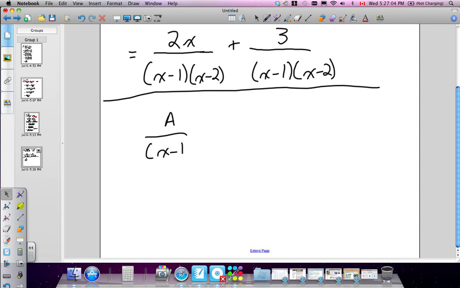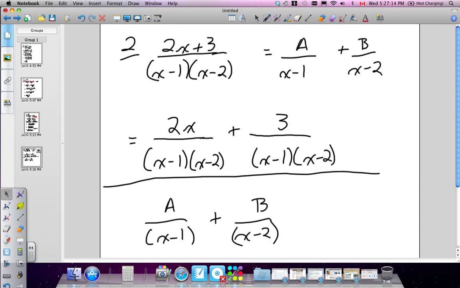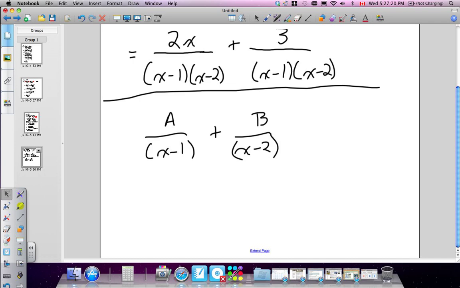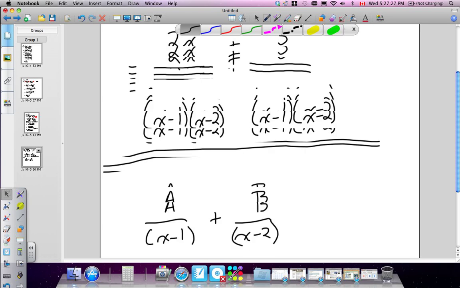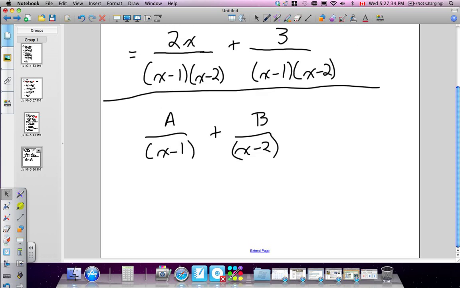And it was equal to, well, actually it doesn't really. The denominator is what's important. We have to make sure we know what the denominator is, okay? So what she does is she actually works backwards. She knows that right now she wants to create her a and b to have the same denominator as the question has. In order to do that, I have to multiply my a by x minus 2 and my b by x minus 1. So in my next line, I'm going to have a multiplied by x minus 2